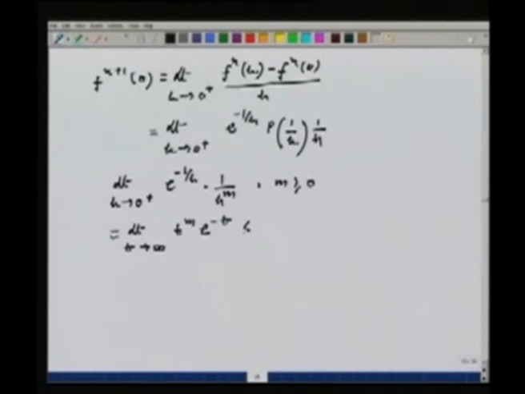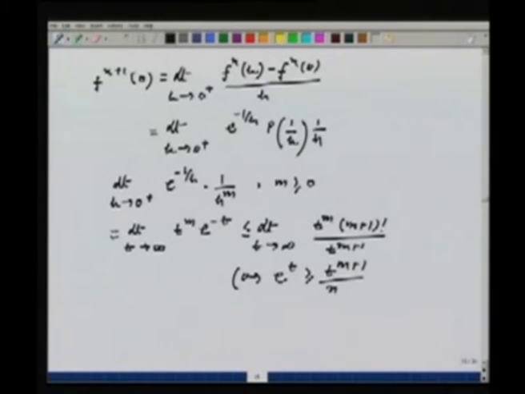Now this is then less than or equal to the limit t going to infinity of t to the power m into (m plus 1) factorial divided by t to the power m plus 1, as e to the power t for t positive is bigger than or equal to t to the power m plus 1 divided by factorial m plus 1. Now this certainly goes to 0 as t goes to infinity. So this implies that all the derivatives at 0 are 0,